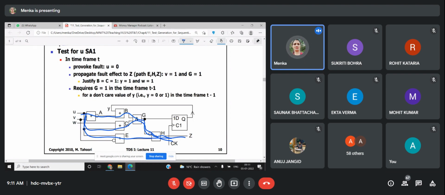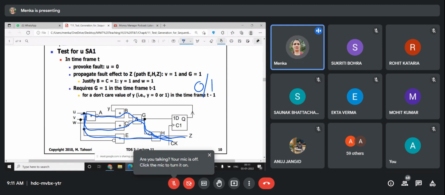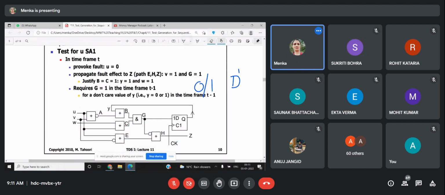So u is stuck at 1. When the fault is not there, you will have 0. When the fault is there, you will have 1. So can I write it d dash? Yes, ma'am. So we'll have d dash over here. Here you have d dash, right? Now we'll choose u and w in such a way that d dash, in the form of D or D dash, can be propagated to z. This is our target. So let us try to figure out the first path, which is this, a b g